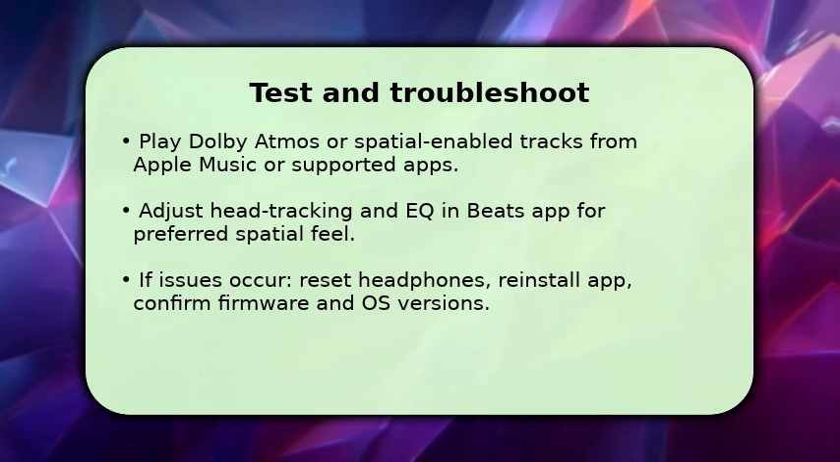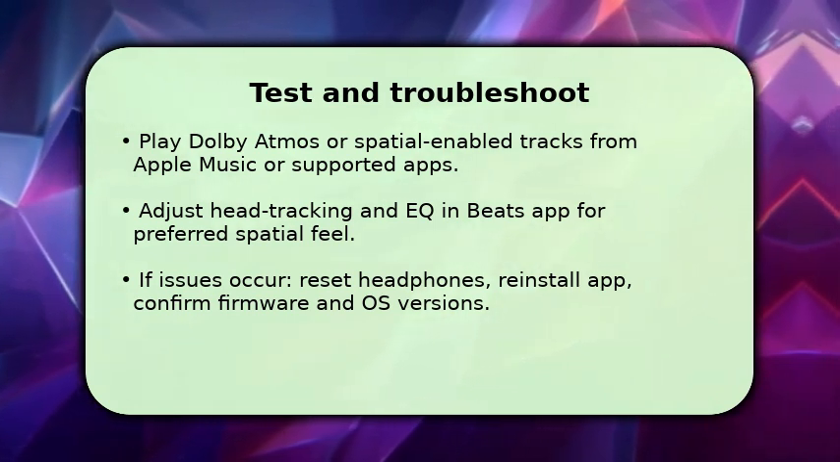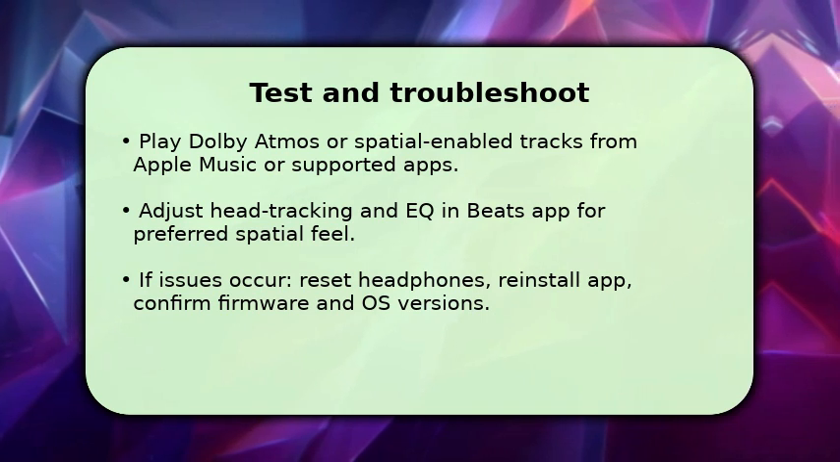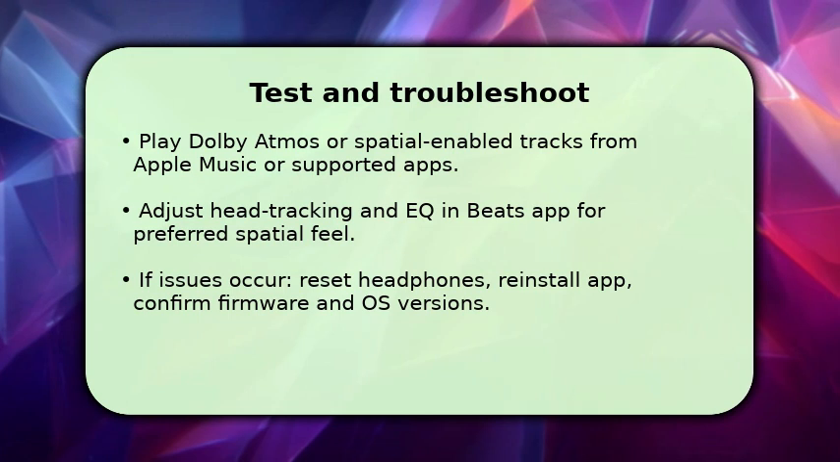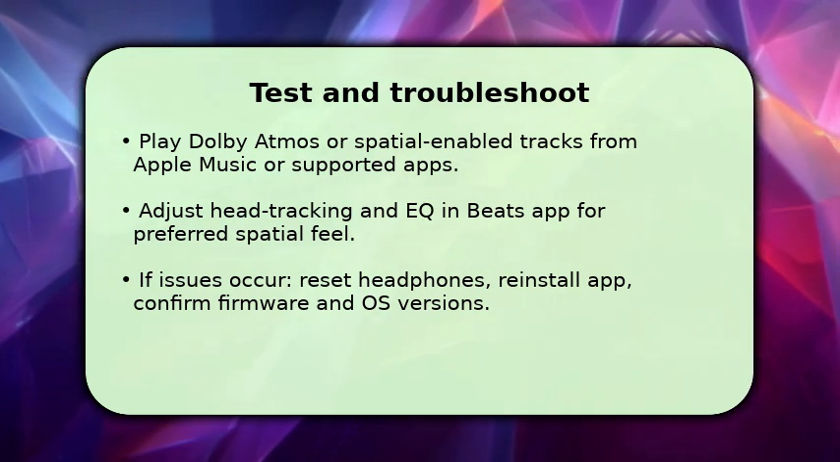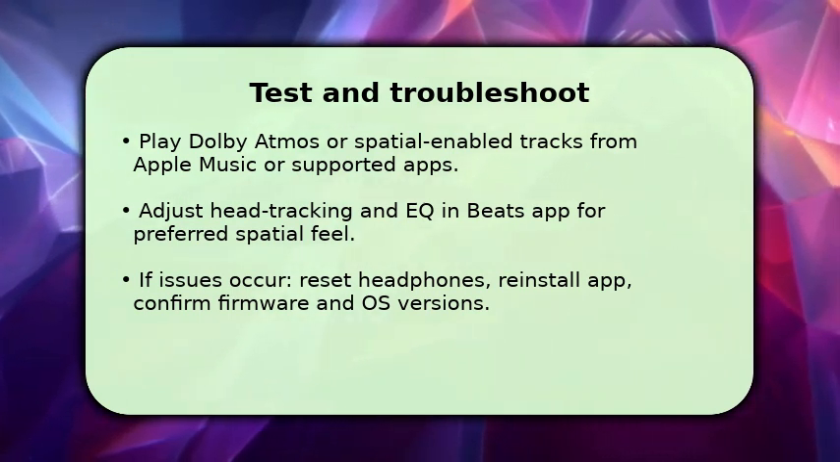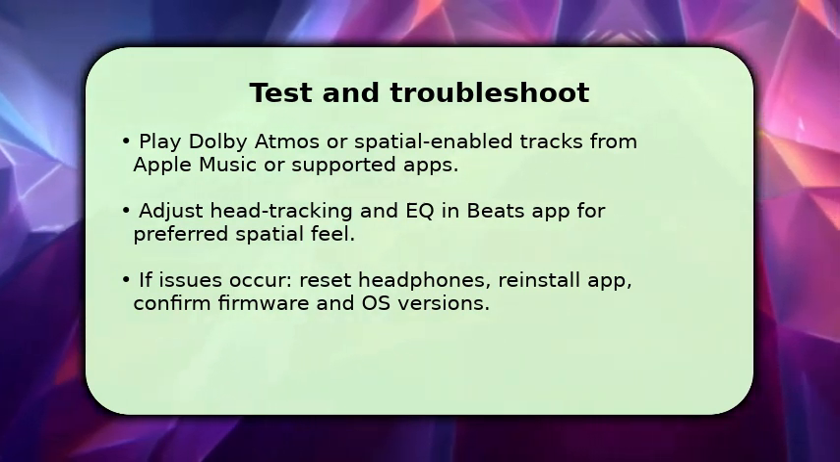Sounds should move around and slightly above you. If you want a different sensation, tweak head tracking and EQ inside the Beats app to alter perceived width or bass. If spatial audio isn't working, restart both devices, reset the Studio Pro to factory via the app or button sequence,